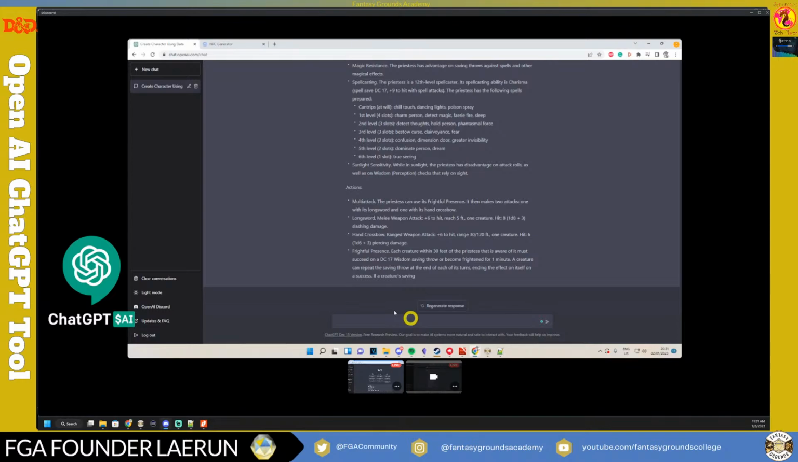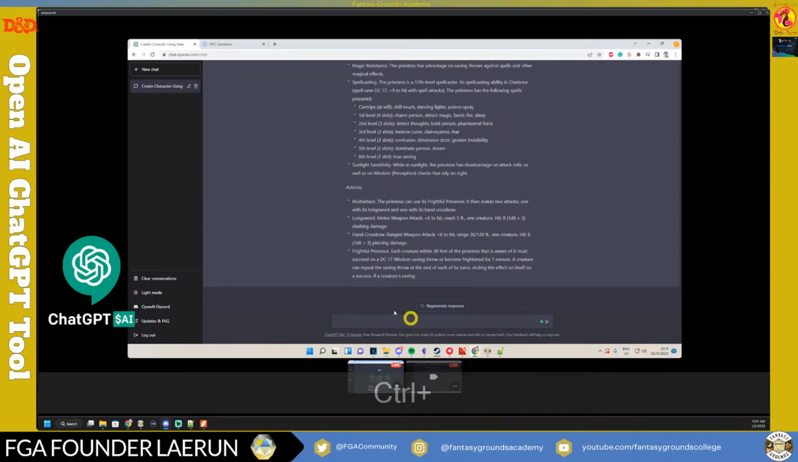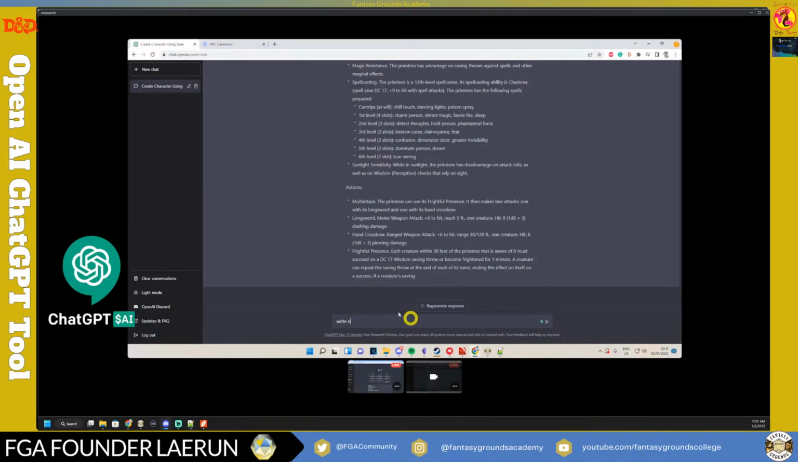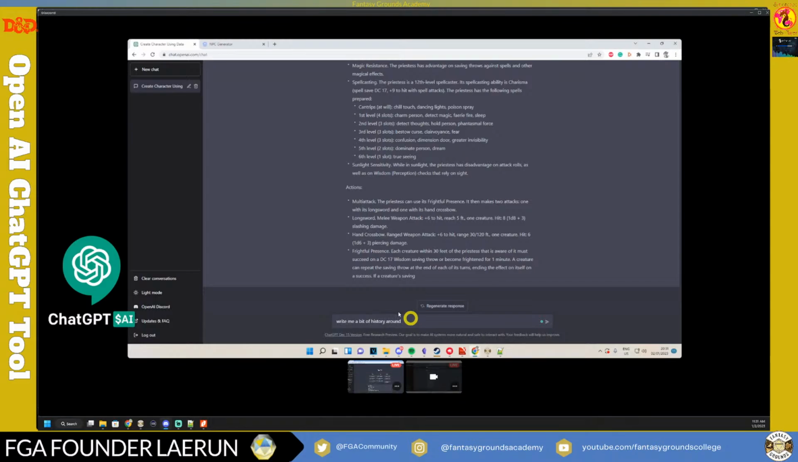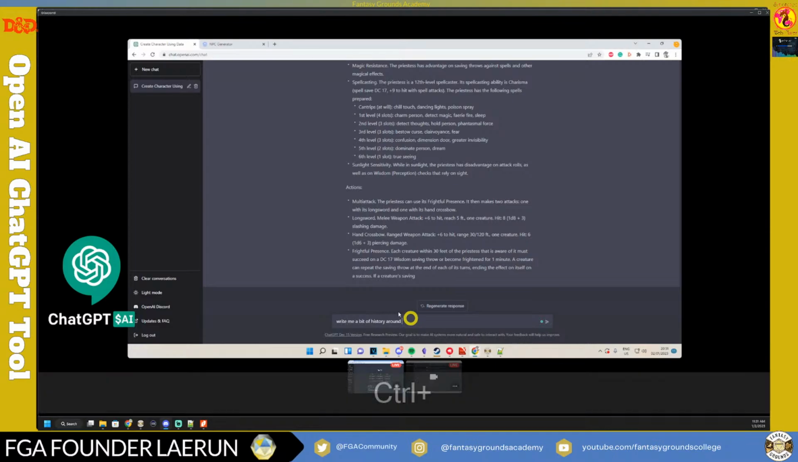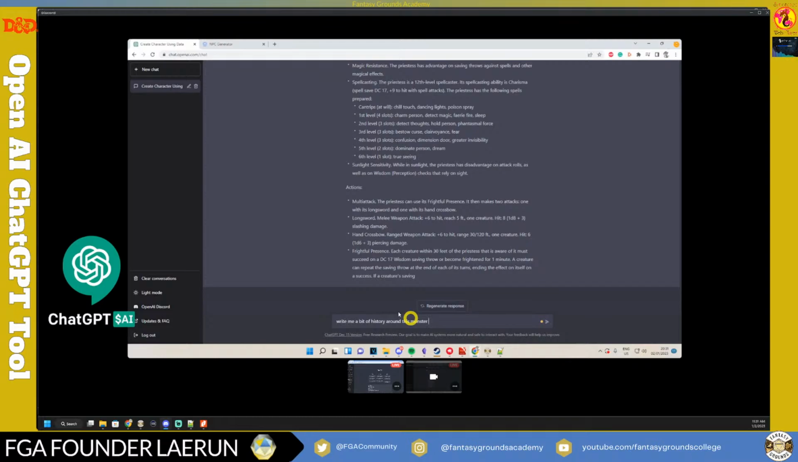If you're like, this is very cool, but I need a history around it, you go, write me a history around this monster. And again, you can give it parameters, like I want this specific thing included. Maybe your monster was rescued from a circus or whatever. You can literally write, add in the story that it got rescued from a circus, and it will make sure it adds that